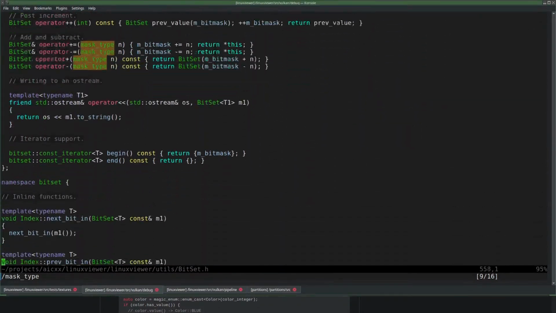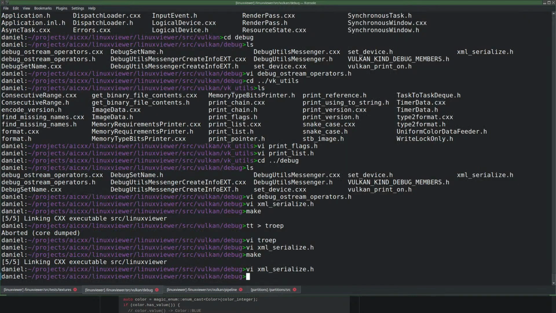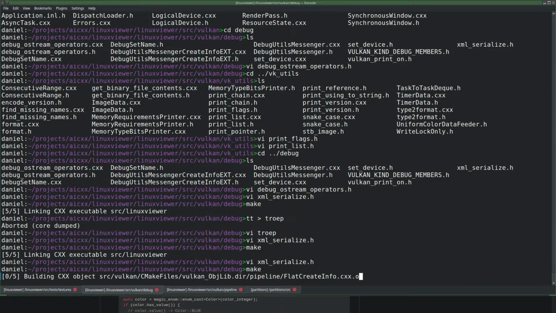I don't know. It's probably the only one. Yep. So that would print it, I think. Yeah, I would say if this compiles then it works, but let's test it anyway.